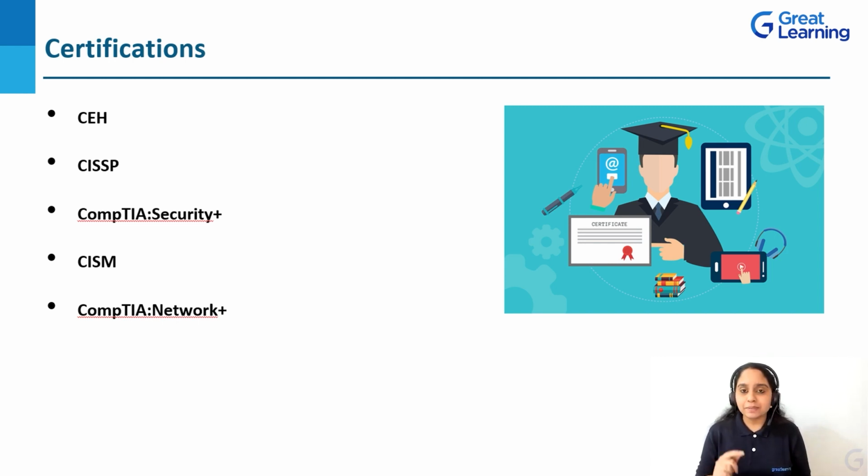To take up this exam, the candidate should have a minimum of 5 years of industry experience. The candidate should know at least 2 out of 8 common body of knowledge domains. Common body of knowledge is a framework that includes techniques and skills that the cybersecurity professional should be familiar with. Some of the job roles that the candidate can work under are Information Security Analyst, Information Security Manager, and Chief Information Security Officer. Hope you all have understood what the Certified Information System Security Professional certification is.